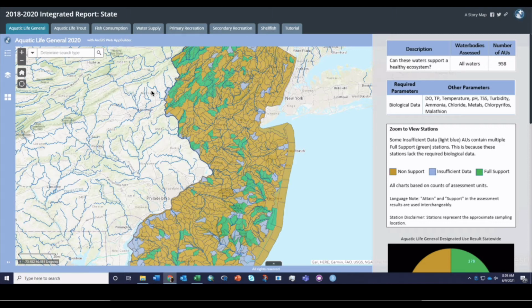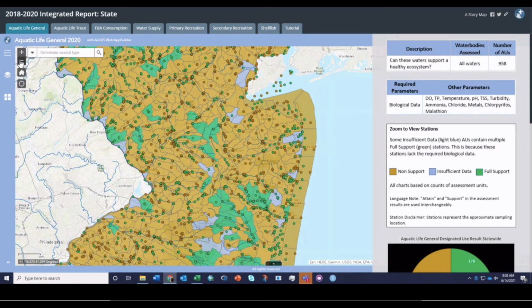Now, if you're familiar with the 2016 StoryMap, the setup for this one looks quite familiar. There's the interactive map in the left and center part of the screen, and the narrative sidebar on the right side of the screen. As you can see, there remains the ability to simply zoom in by pressing the plus button on the top left,